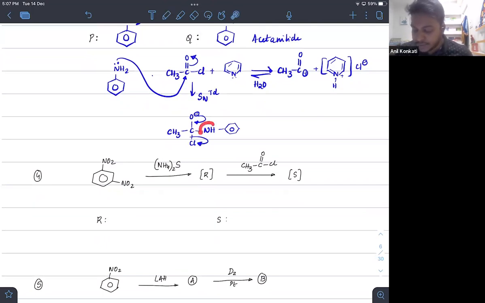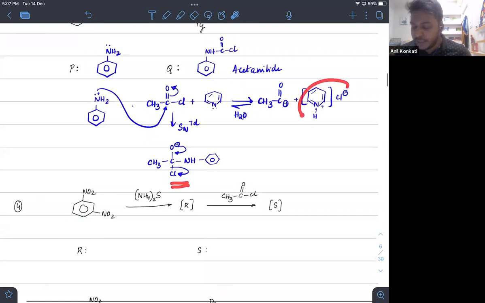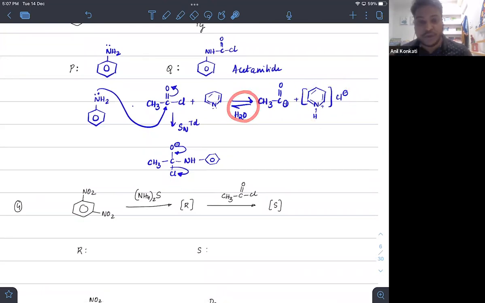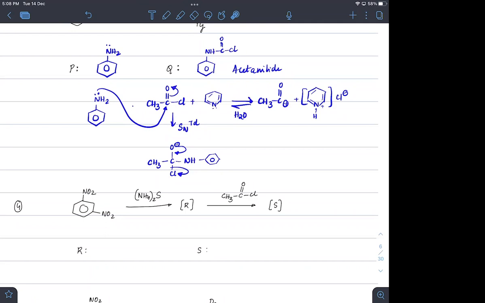क्योंकि यहाँ से मैंने H plus हटा दिया है, so you can see, so HCl will come out of it, and वही HCl को pyridine will make a pyridinium salt. ठीक है? हाँ, ये dissociation बहुत weak होगा. That's why the availability of the positively charged acetyl group will be less. So this SNTD mechanism is more favorable to get this final product, acetyl. Are they clear, beta? हाँ sir.